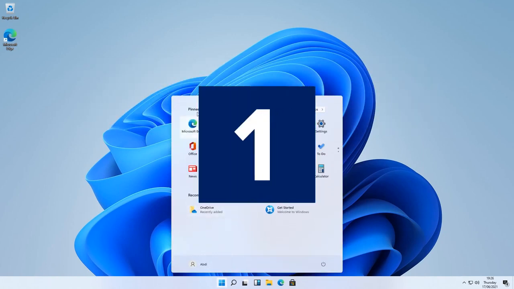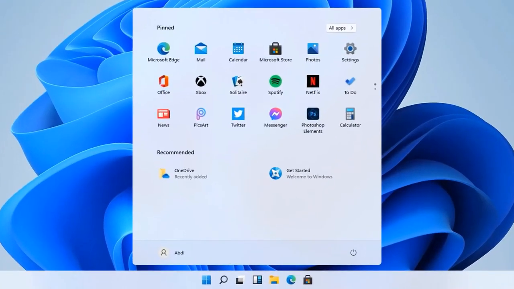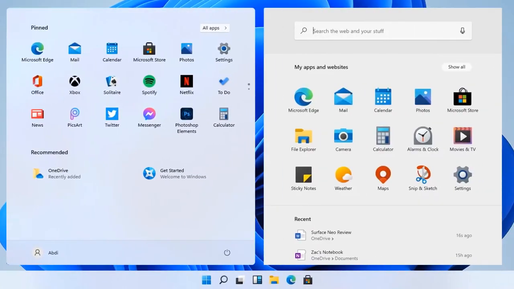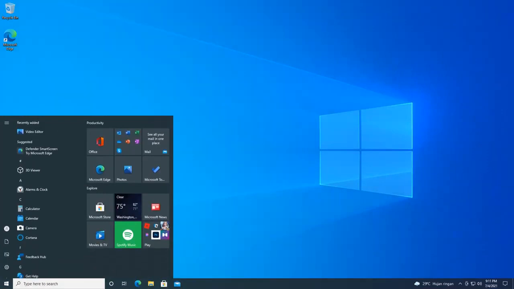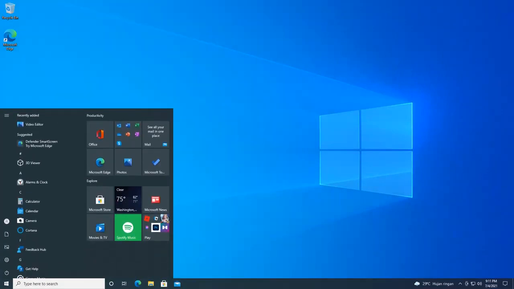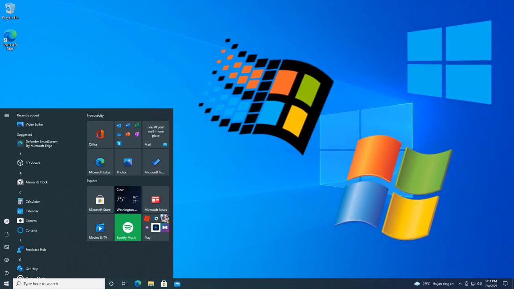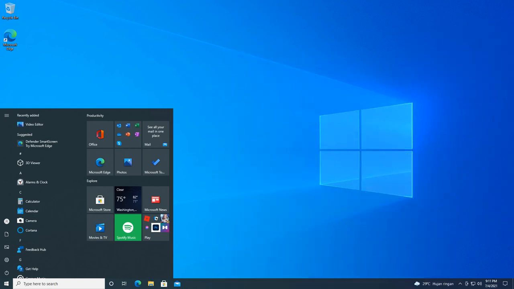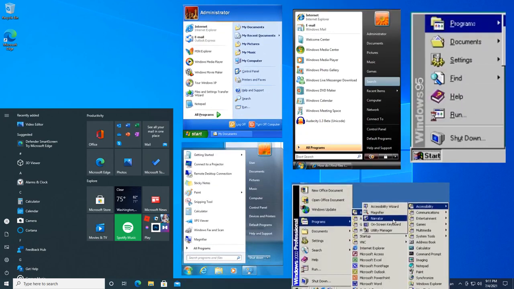The Start menu. The Windows 11 Start menu is very similar to the Windows 10X Start menu because the Start menu location is in the center. Unlike Windows 10, where the Start menu is located on the left. It's just like the previous Windows versions, except Windows 8 and 8.1. And this Start menu on the left is just like Windows 7, XP, Vista, 95, 2000, and